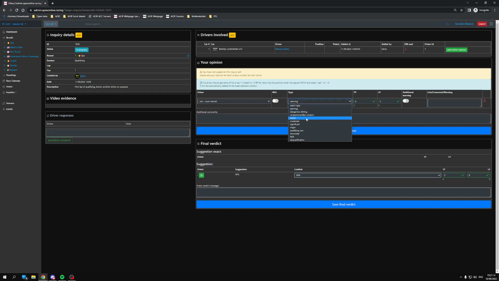So if, for example, somebody does a minor and you still also want to give somebody a warning, you use this switch and it will give the driver an additional warning. So let's say Lay-on Band is to blame for causing a moderate avoidable collision, and during live stewarding this always means and will always result in 2 license points. That is already written in there, and you cannot change it, because as soon as you change it to something else than 2, it will turn red and you will not be able to save your opinion here at